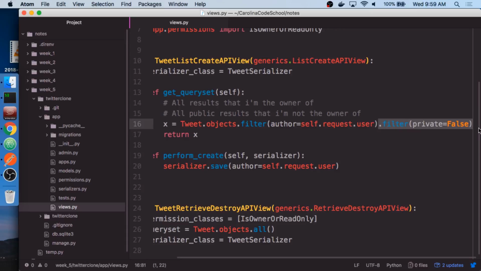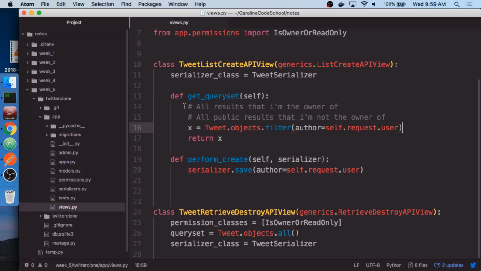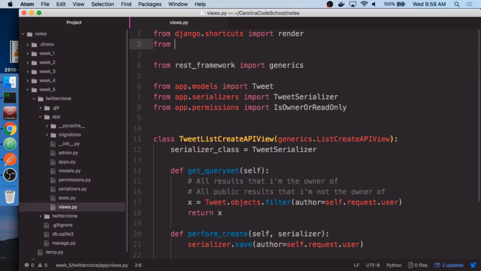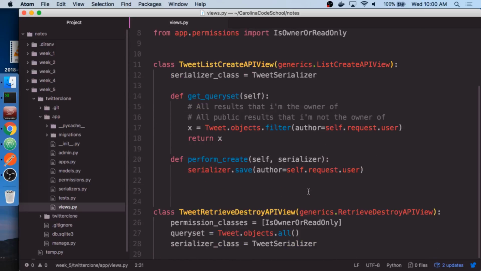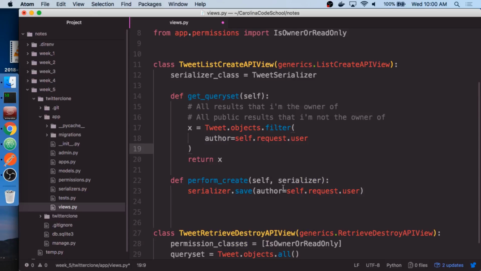So we're not going to have a second filter here, but we are going to have to import the Q object, which is from models. So if I say from django.db.models import capital Q. It always seems weird to me that all these years, Django still uses the Q object for OR lookups. I've never really felt that it was that intuitive. All right, and because we're going to do some complex lookups, I'm going to break this into multiple lines to make it a little less crazy.